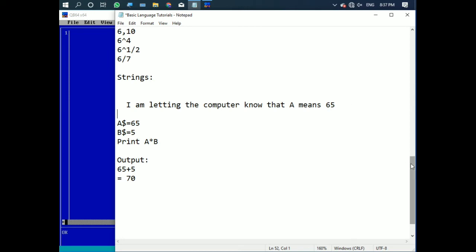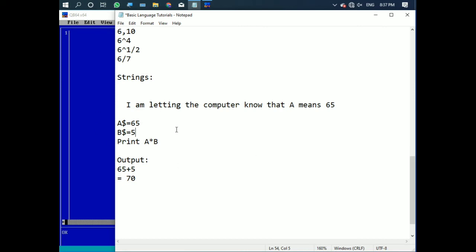You can say not the dollar sign but string variable. So these are the variables. This can be changed, and this 65 is also a variable. So these are the string variables. Variables we know, and then string variables, numeric variables, and like that.